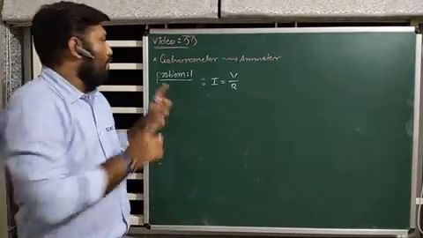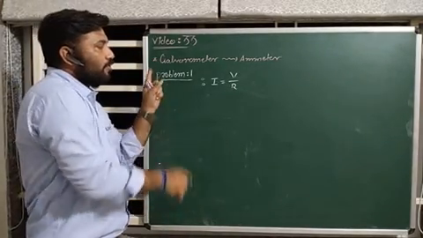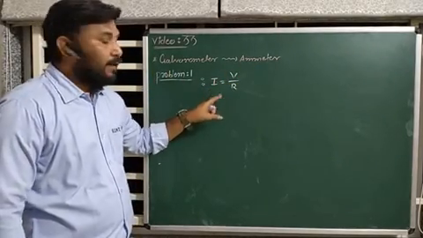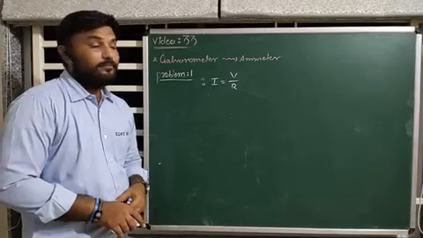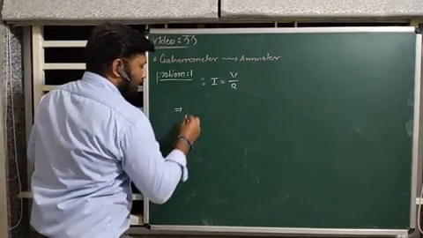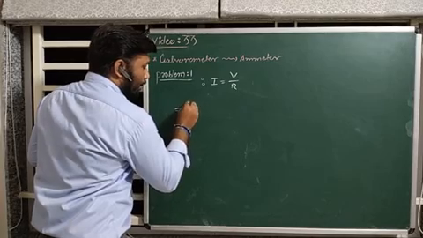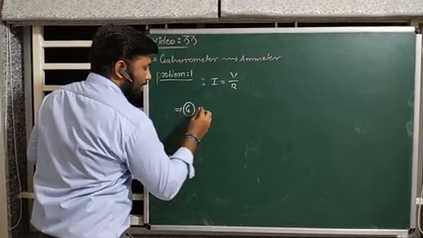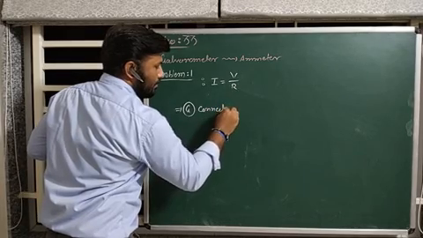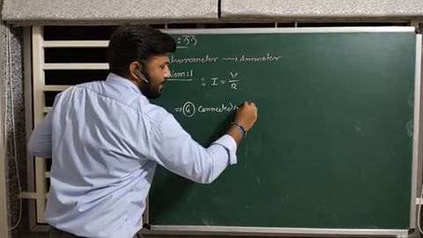But when we are using a galvanometer to measure electric current I, then what will happen? First thing is that the galvanometer is connected in series